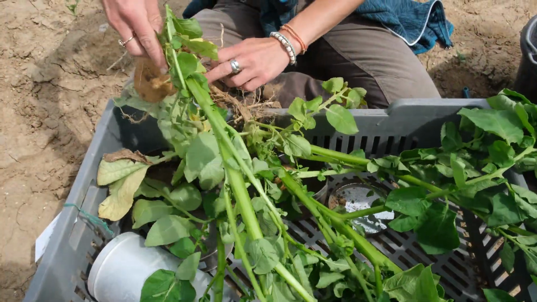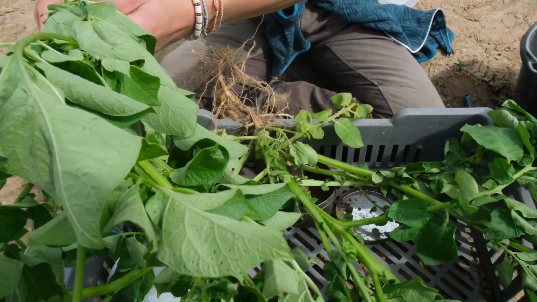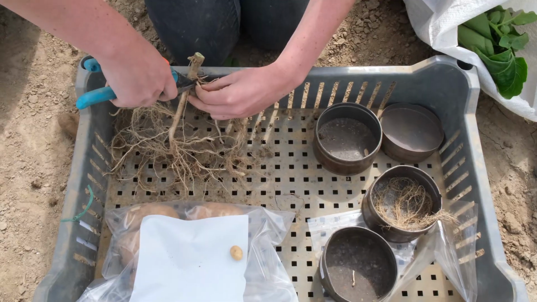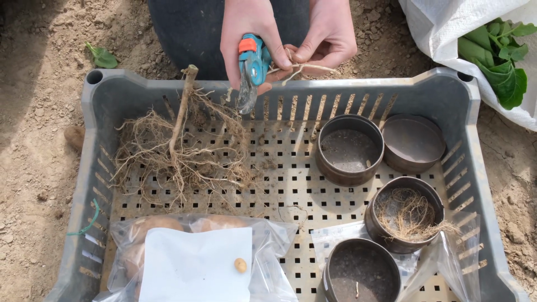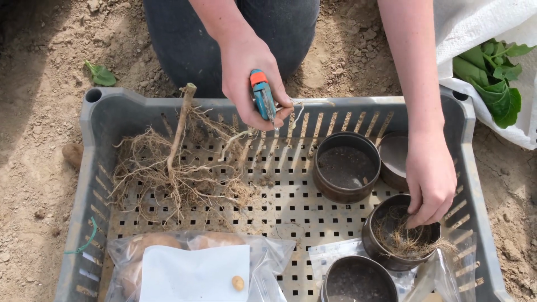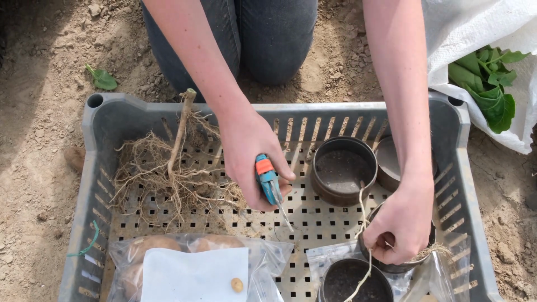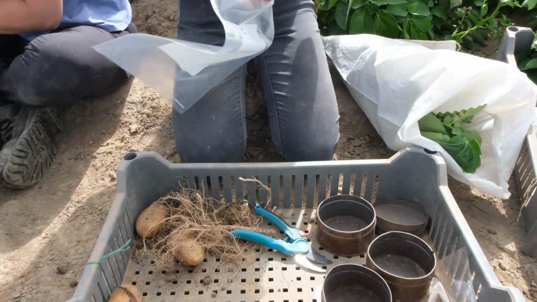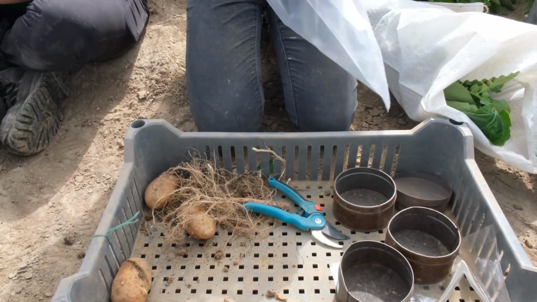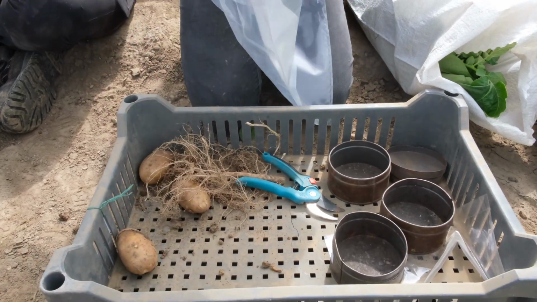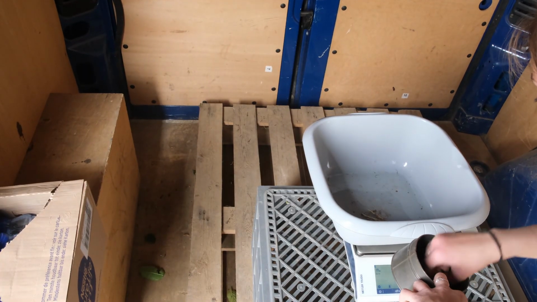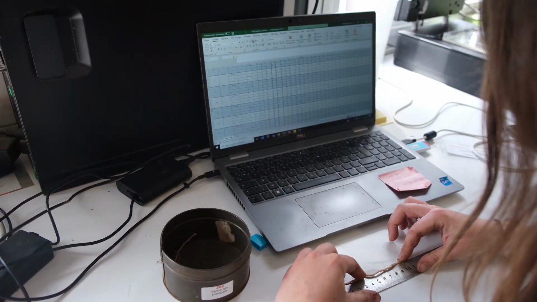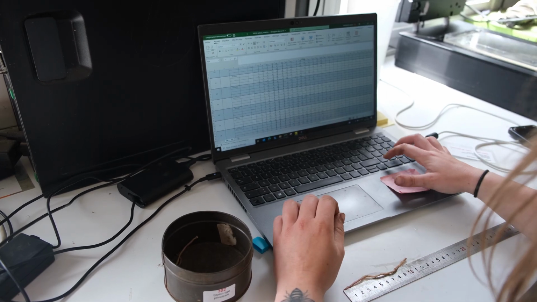The mother tuber is then located to separate the main stem from the other stems. This results in 2 subsamples in which the stolons are separated into those coming from the main stem and the others. For the rest, tops, tubers, underground stems, and roots are separated. The biomass and number of tubers are then measured in fresh weight before being sent to the laboratory. The number of stolons on the main stem and their respective lengths are measured.